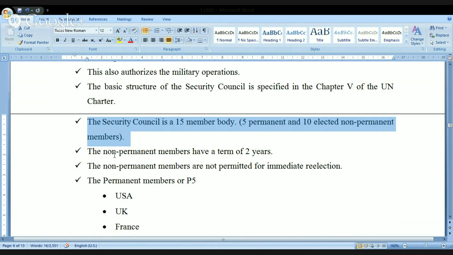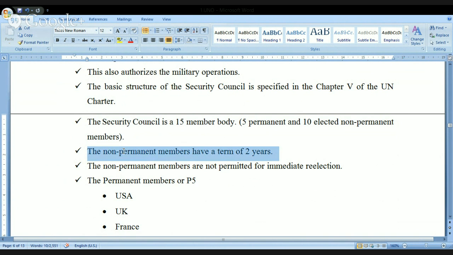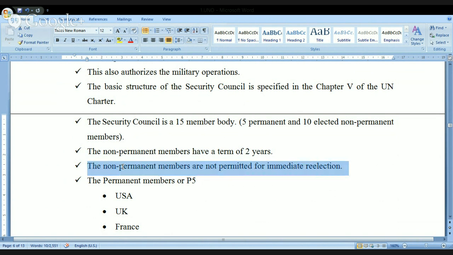Next one. Each non-permanent member will have a term of 2 years. And look at this next point. The non-permanent members are not permitted for immediate re-election. They may be re-elected, but they are not permitted for the immediate re-election. Meaning is so simple. For example, if any country becomes a